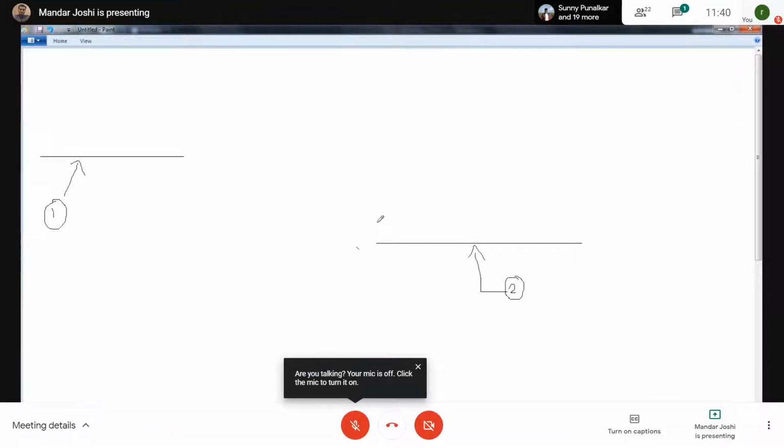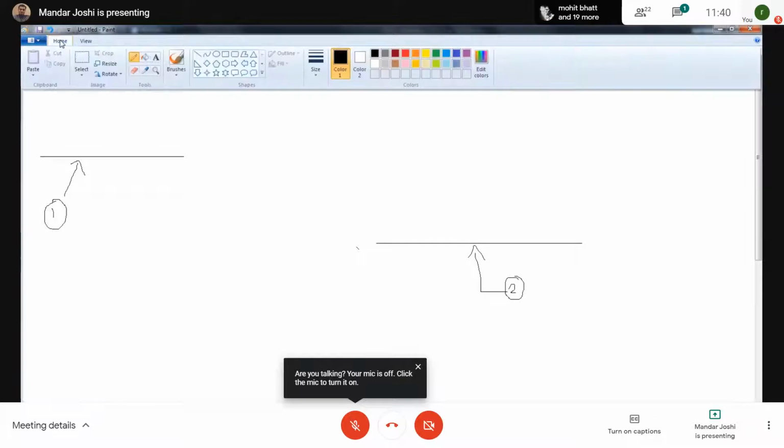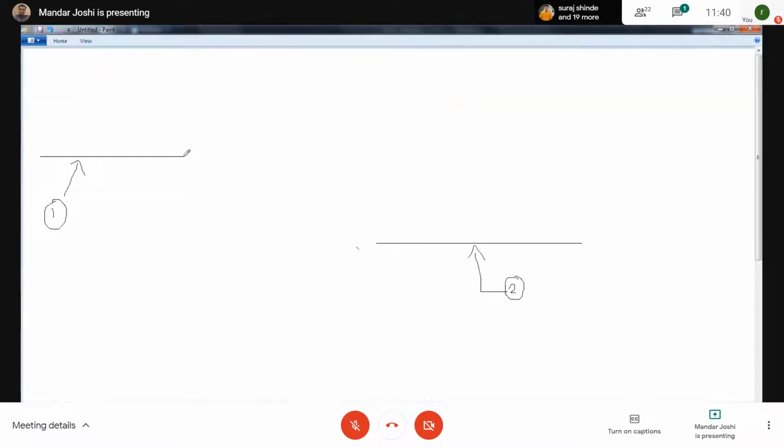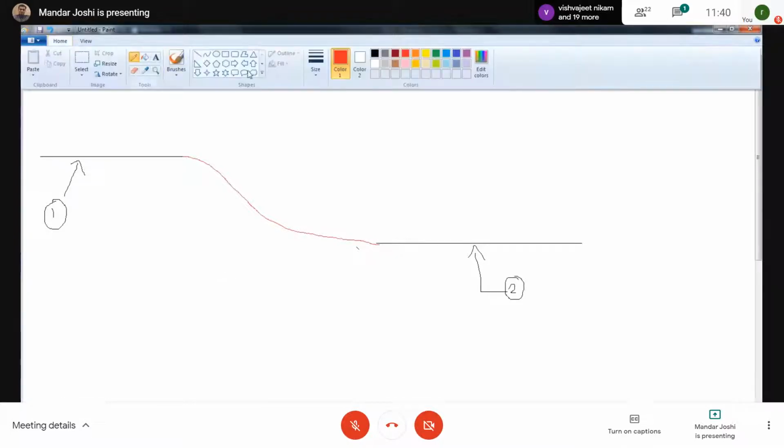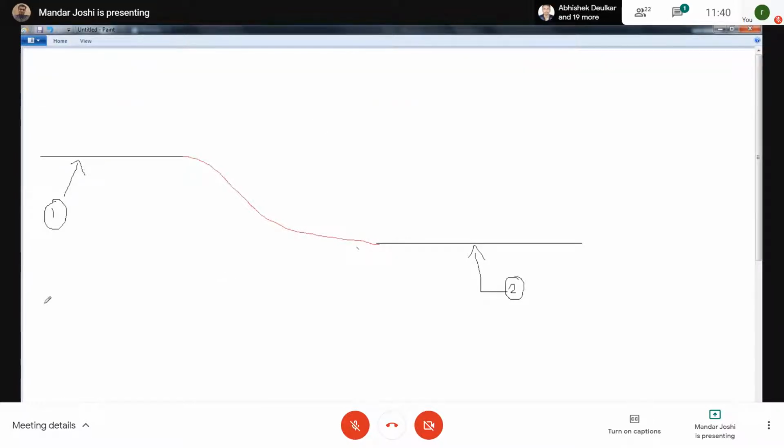Between these two surfaces, I want to connect another surface. So with the help of bridge surface, I can generate this. You can connect it like this, or you can also connect it linearly, point to point connection.